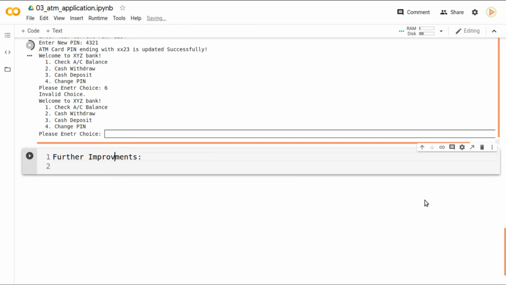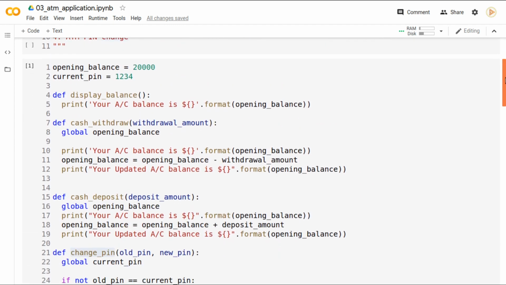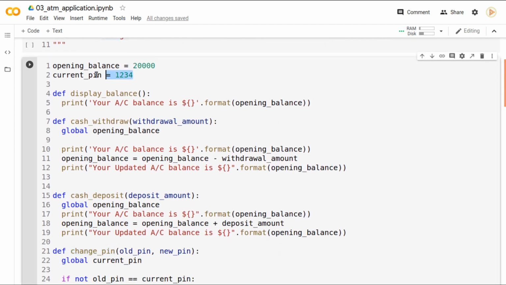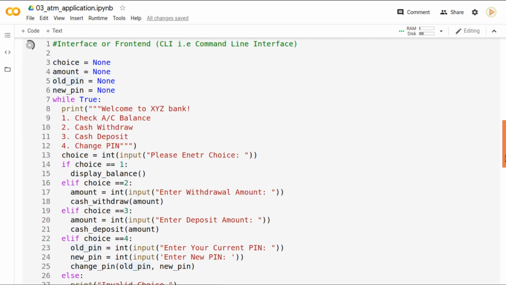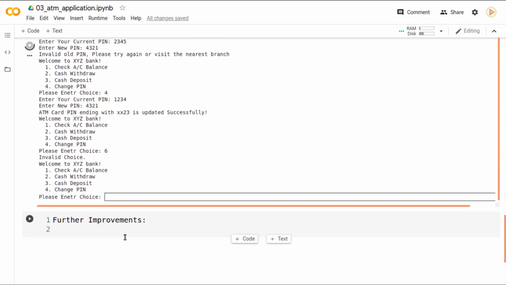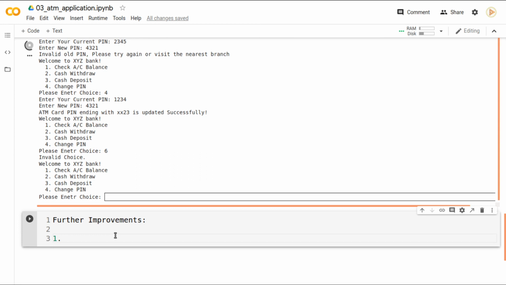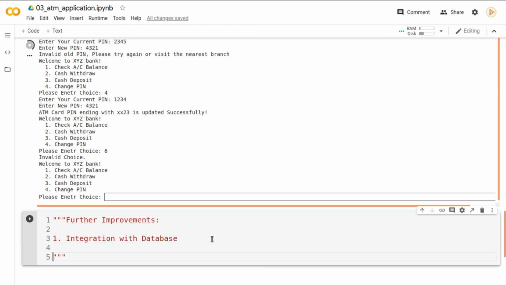Let me go through the things from the bottom. The opening balance: the first thing is we have to replace this with our database. So first is integration with database. Let me put all these things inside this. And later, code enhancements